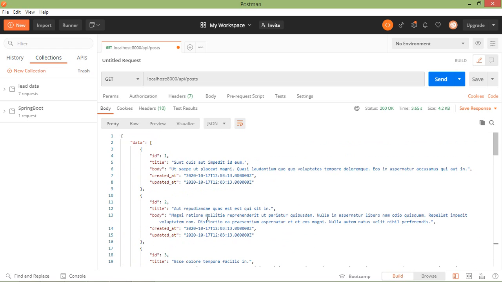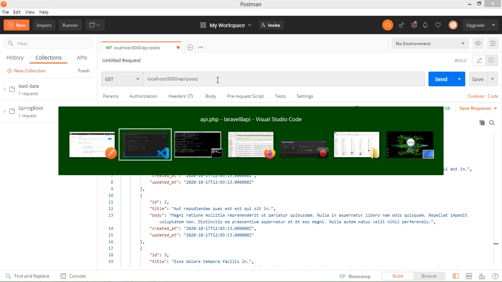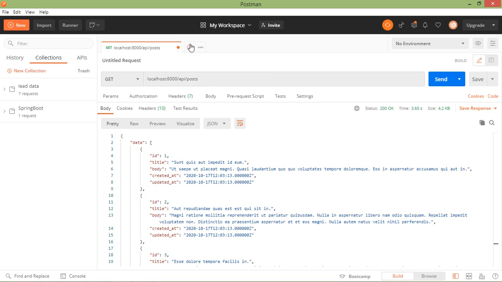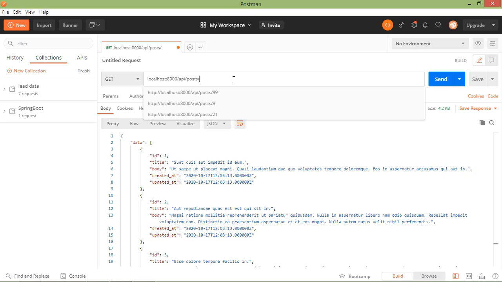Now let's fetch a single record. For that, just call this URI, this one, post. Just pass here the ID of the post. So just write slash, and I'm just going to fetch ID 5.